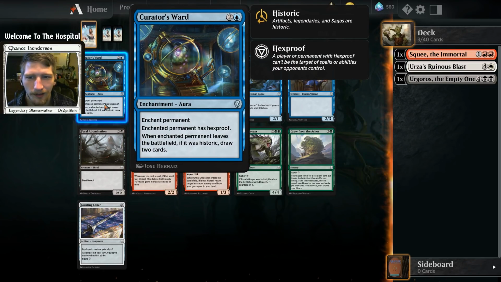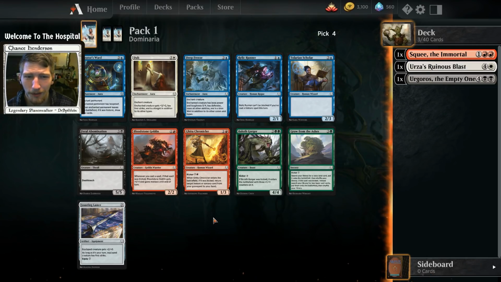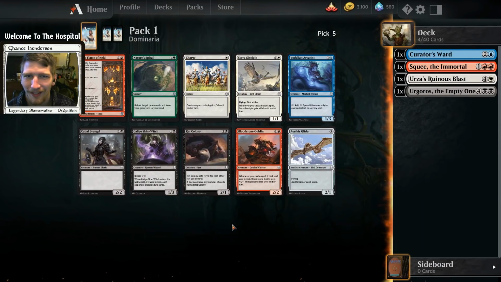Curator's Ward is pretty awesome. Gives one of our creatures hexproof, and if they do happen to leave the battlefield, then we get to draw 2 cards, as long as it was a historic, which so far we've only got historic, so that's pretty dope, right? We don't need Grow from the Ashes. I mean, Deep Freeze is some removal, but I kind of like Curator's Ward. This is going to be a very interesting draft. You guys have to remember, this is the first time I've played this event, so...